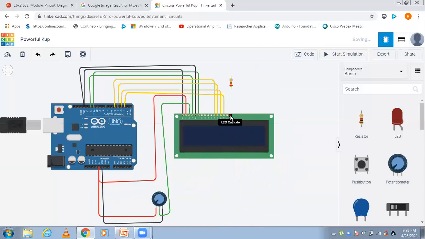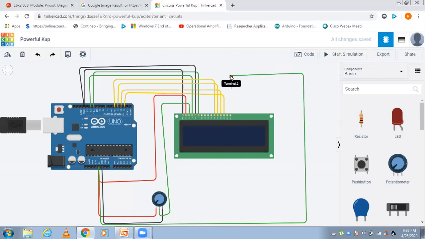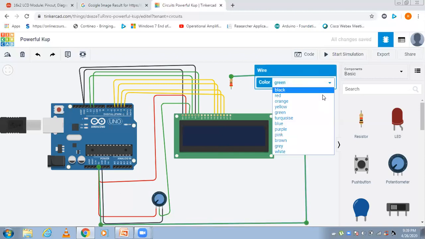Wait. Okay. I will take this plus 5 volt once again. We'll connect to the resistor. Okay. Just some alignment I will do. It should be in red color because plus 5 volt.